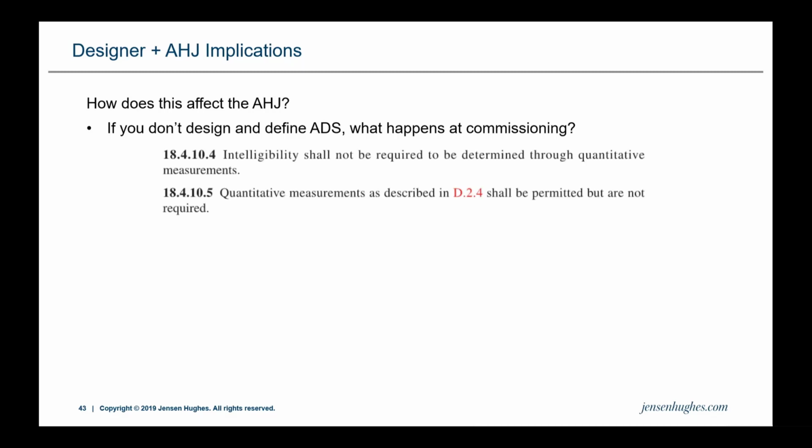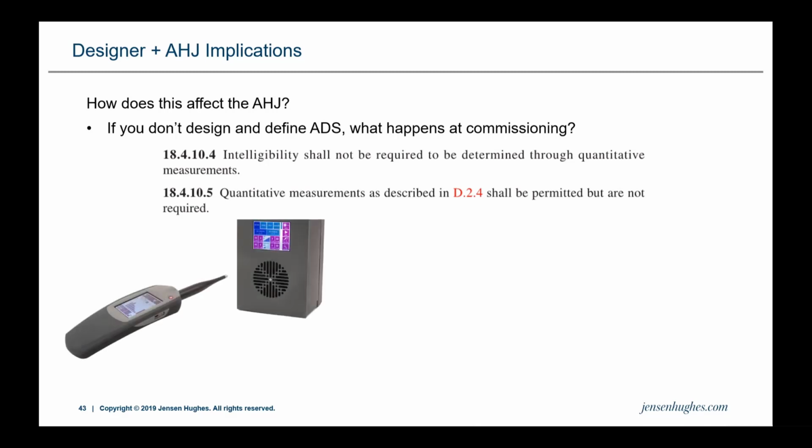Additionally, the omission of information or a true design does not make your job any easier. In fact, it makes it much harder. If you don't design or adequately define an acoustically distinguishable space, think about what happens during commissioning or acceptance testing. NFPA 72 clearly states that quantitative measurements are not required, but they are permitted. So in lieu of a good design, an AHJ could require quantitative measurements of a sound pressure level using an intelligibility meter and measuring it on an STI scale or a CIS scale. However, if you